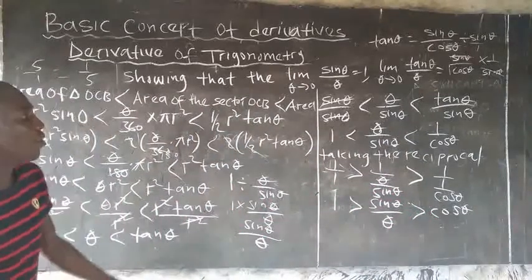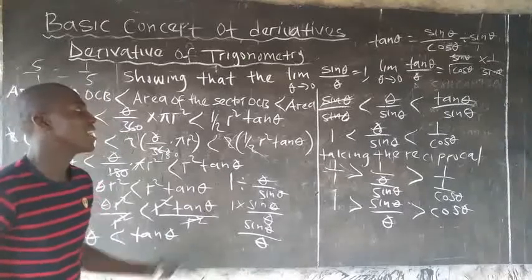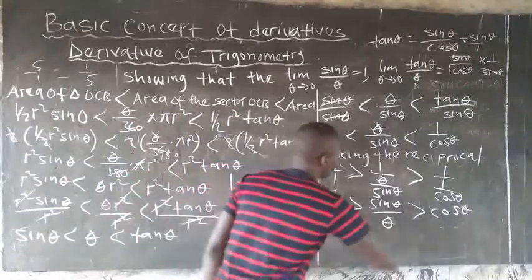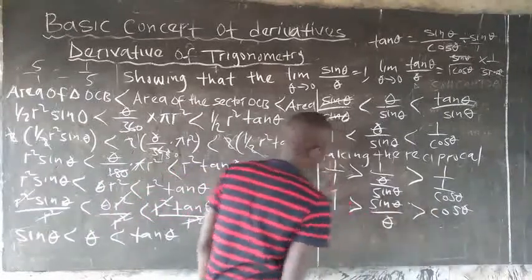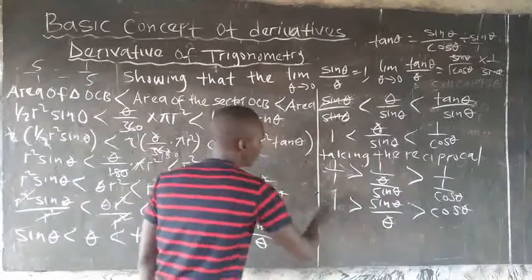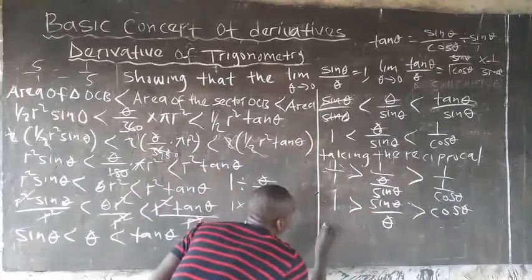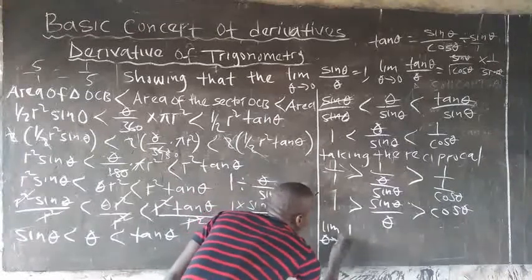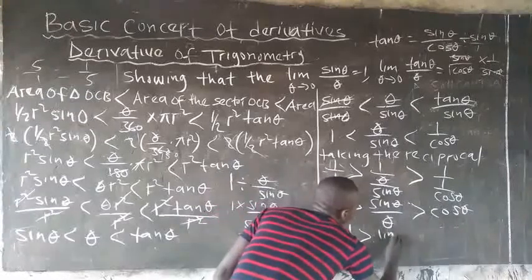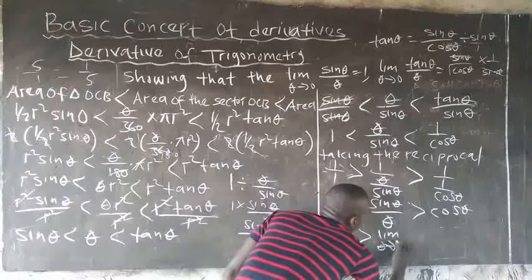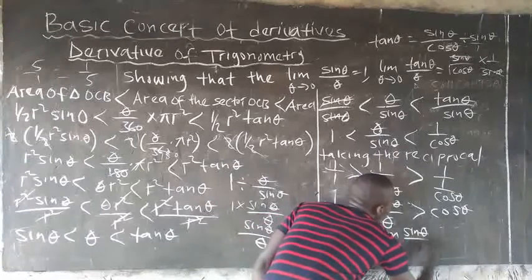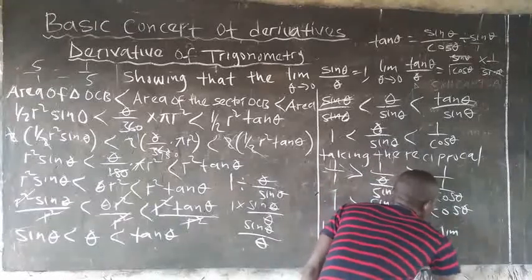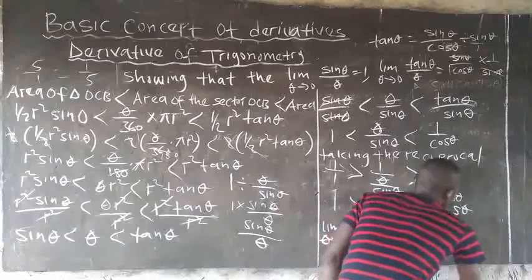So here I can take the limit as theta is approaching 0. I will take the limit as theta is approaching 0 of everything here. So the limit as theta approaches 0 of 1 is greater than the limit as theta approaches 0 of sin theta over theta, which is greater than the limit as theta is approaching 0 of